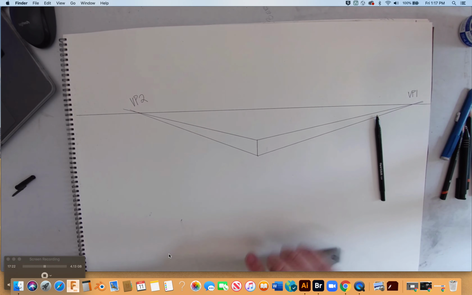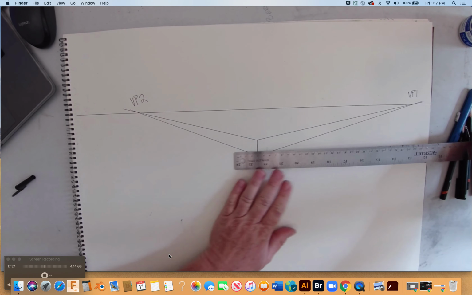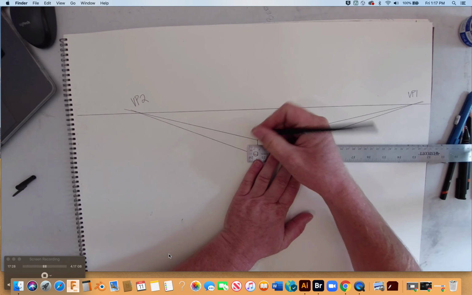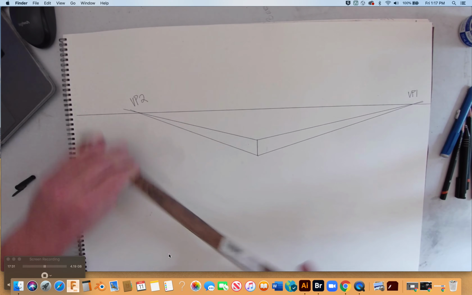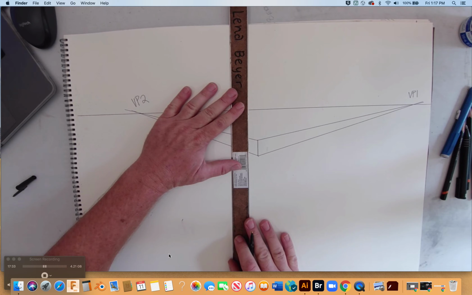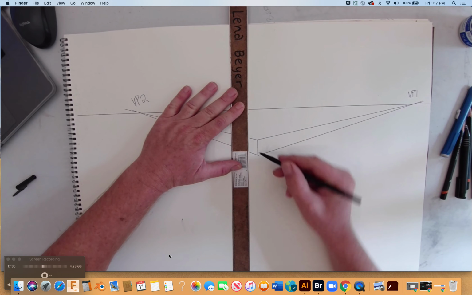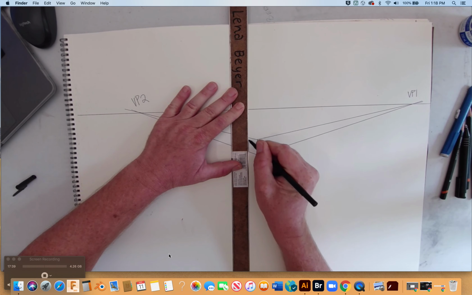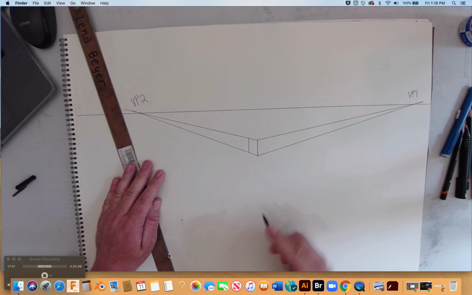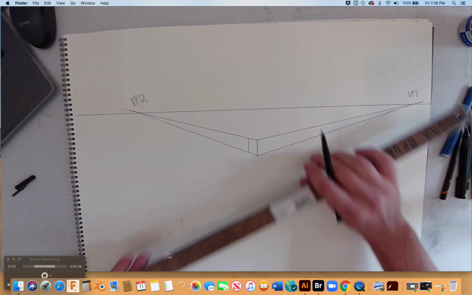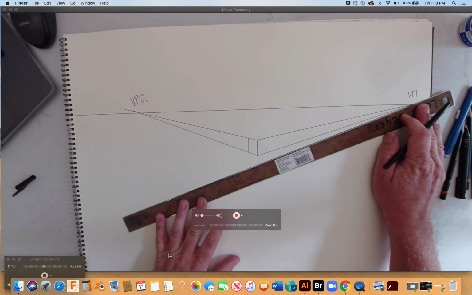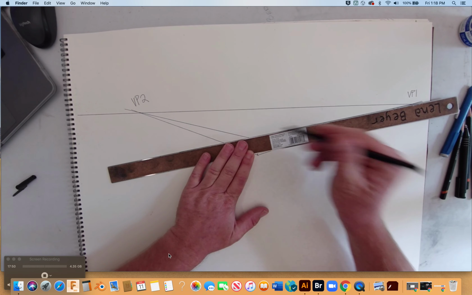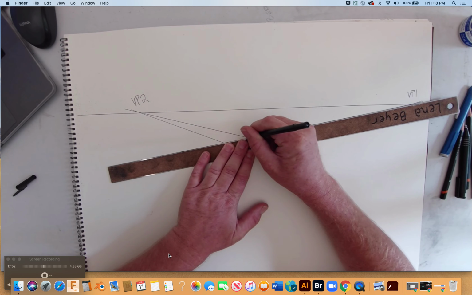So I get 3. So it's going to put me at 1.5 if I got 3. I only need 1 mark because I know that this line is going to be parallel to this edge as well. Okay, so I just created that corner. So let's go and anchor my ruler at vanishing point 1. Take it over to that corner right there. And I can take that